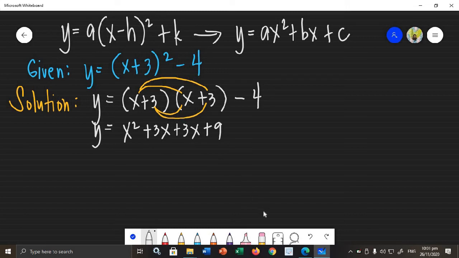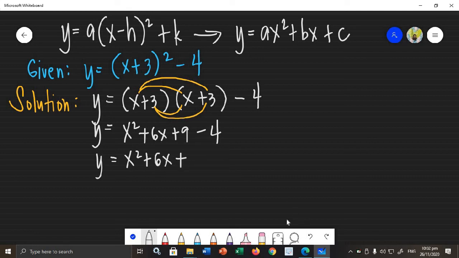Therefore, that is equal to 6x. Now, pag-combine na natin sila. This will be now equal to x squared plus 6x plus 9. Okay, and we have minus 4 here. Okay, so y is equal to x squared plus 6x plus,